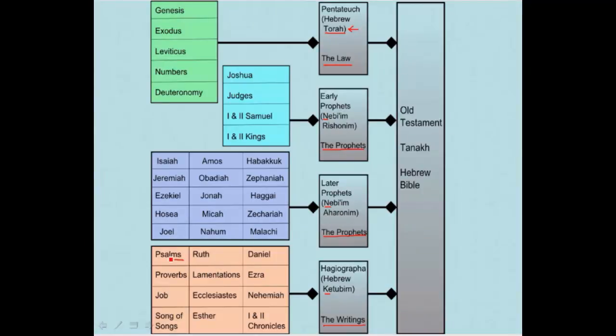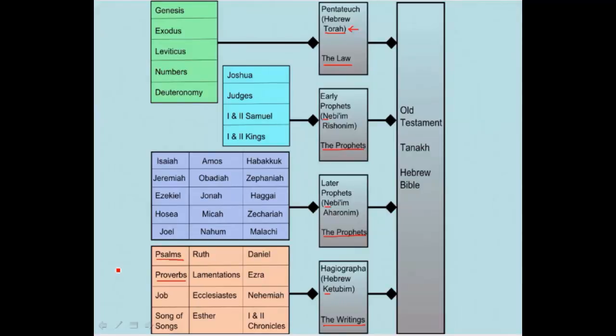For example, in the writings you have the book of Psalms. The Psalms are songs that are sung in worship at the temple, many of them attributed to David. We'll be talking about David in class. There's also a collection of wise sayings called the Proverbs. These sayings are pretty much one-liners, almost like fortune cookie kind of wise sayings. About three quarters of them are attributed to Solomon. I'll be mentioning Solomon to you in class, and others are attributed to some other writers.